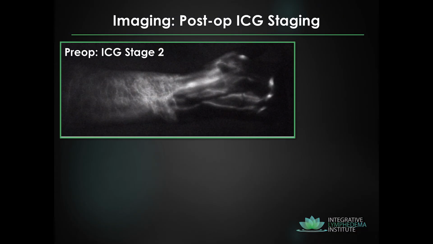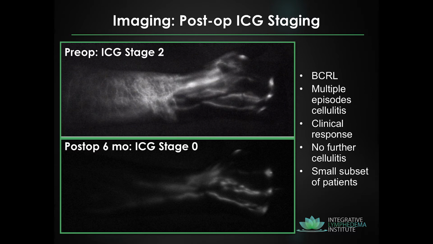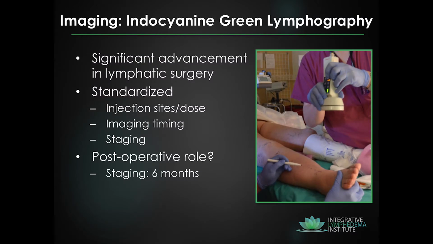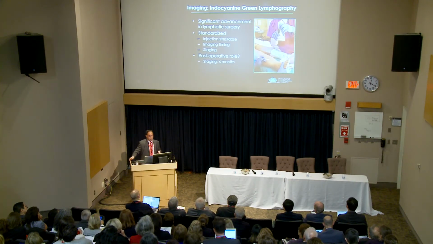So here's a patient: pre-op ICG, stage 2, post-op minimally invasive lymphovenous bypass, and this is her result. And again, timing is critical. I could have taken that first picture at 1 minute, and it would have looked just like the bottom picture, but it's important to balance your outcomes and results and be honest about it. This patient had multiple episodes of cellulitis, bypassed her, clinical response, but again, it was mentioned, a small subset of patients. It's not for everybody, and that has to do with that one picture I was showing previously of what the lymphatic vessel looks like. If it's peristalsing, or if it's fibrosed, if it's a lead pipe, or if it's a clotted lead pipe, you're going to determine whether or not it really works.